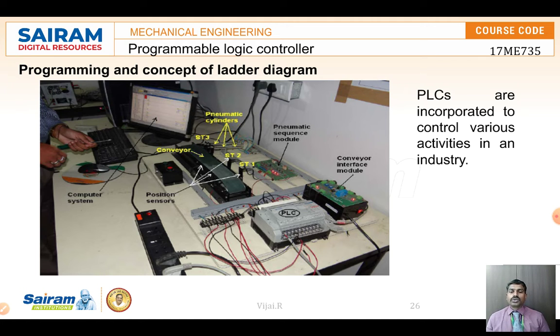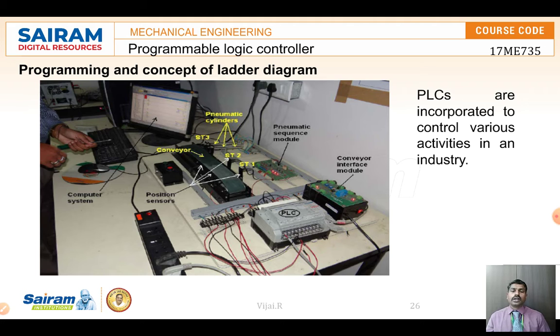Once the component reaches the station, the position sensors will act and stop the component. At those stations we have different operations. It may be welding, or a pressing operation, or pick and place, whatever it is. Once the component reaches a particular position, it has to operate.